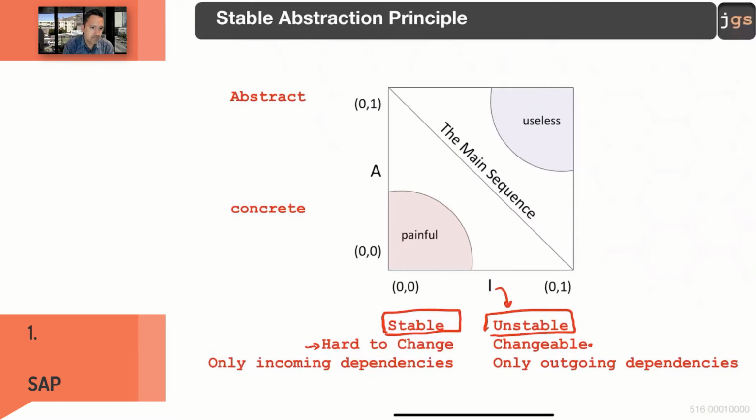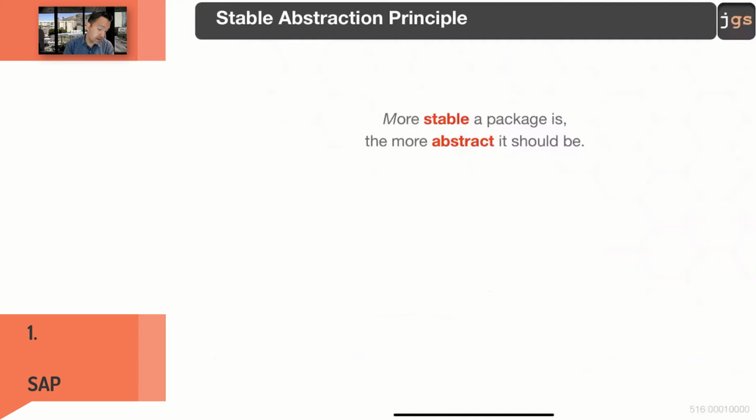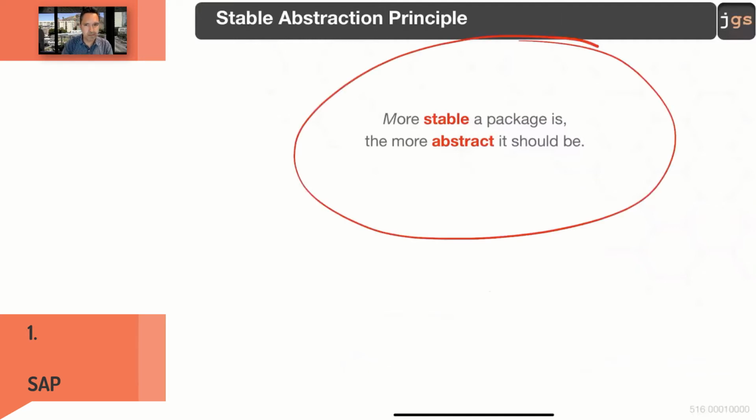So my answer for the question, and something for you to remember: pain zone, useless zone, and the good part, the line that connects 0, 1 and 1, 0. The closest to the line, the better. That is the combination that you will be looking for. So with this principle, this is stability,